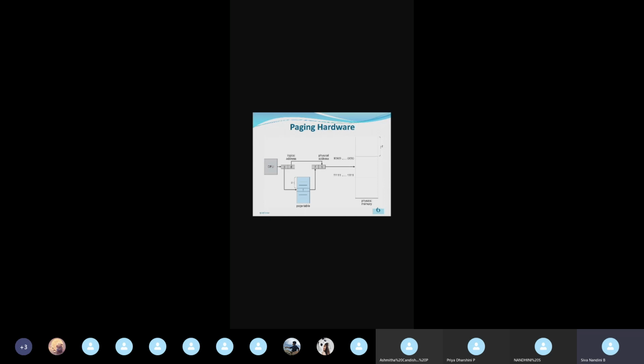Likewise, we have obtained the new physical address. That is, here in this case we have considered the frame number is 2 and the offset is 4. So in the second frame, the fourth element will be accessed. Likewise, the particular location in the physical memory is accessed. Okay. I hope you all are clear about this concept of paging. So everyone be clear with the terms which you are using in segmentation and paging. Okay.